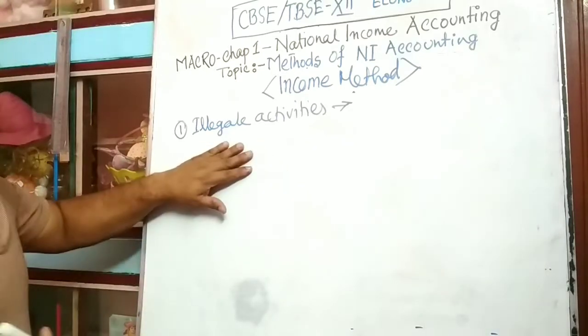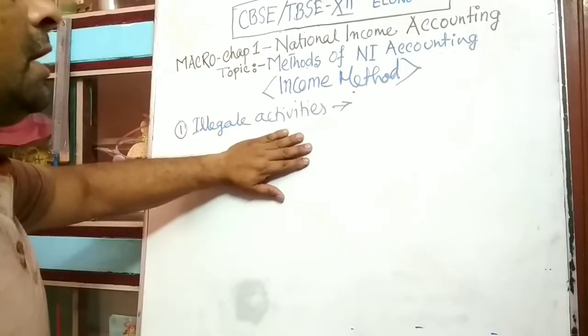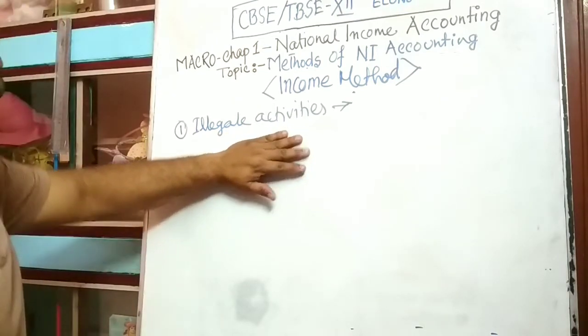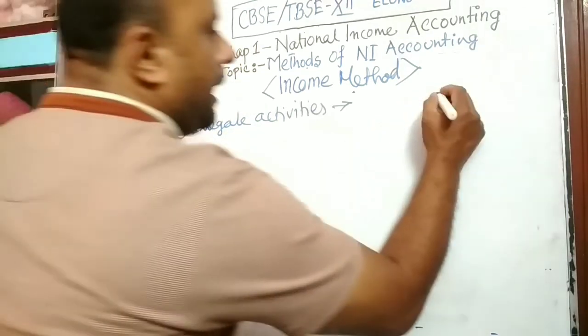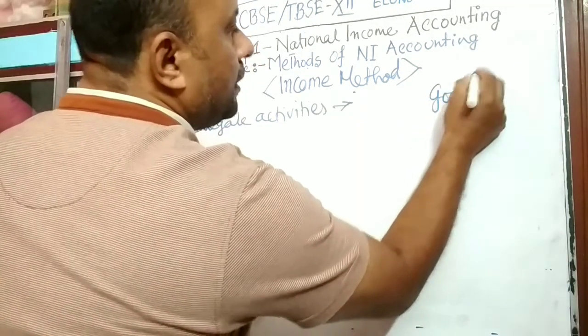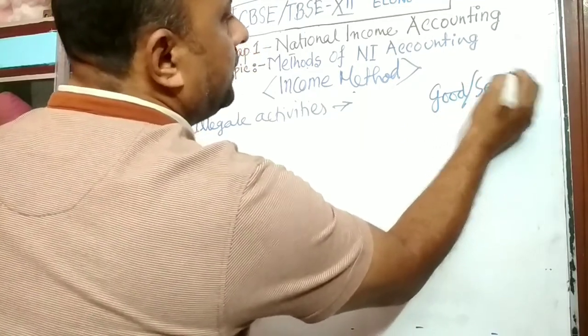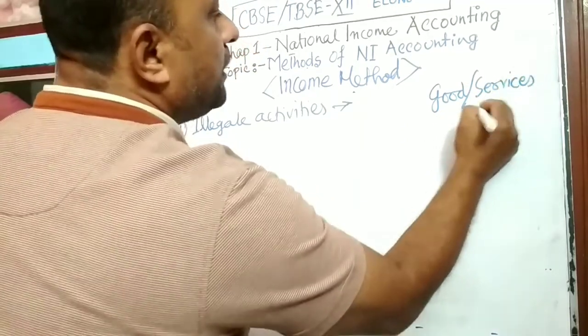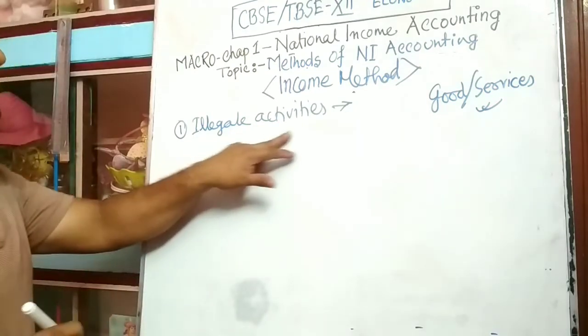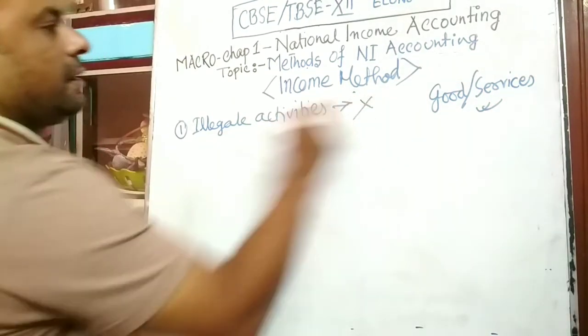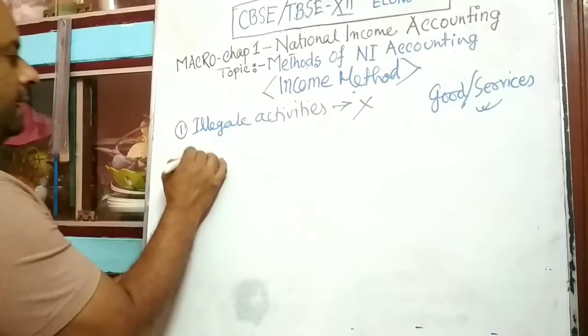Why not included? Because in illegal activities, no goods and services are produced. In national income, those income will be generated when either goods or services are generated. Otherwise, it will not be included in national income. Okay, so illegal activities not included in income method. Number 2,